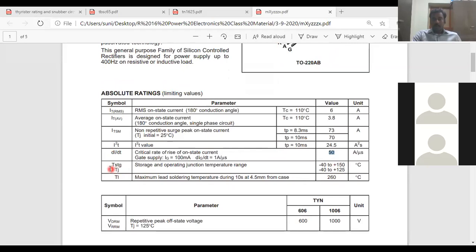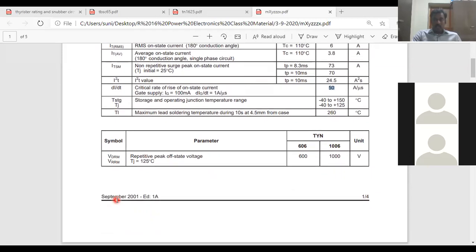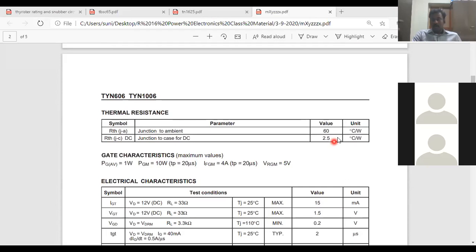Okay, so the operating temperature is going to be minus 40 to plus 150 degrees, and for voltage specifications, as we know the voltage ratings, the voltage ratings are VDRM and VRRM. So for 606, what is this VDRM? That is going to be 600 volts. For 1006, it is going to be 1000 volts, isn't it? So the maximum voltage is 600 volts for this one, and the maximum for this 1006 is 1000 volts. Okay. Similarly, you are going to have junction and ambient temperatures,